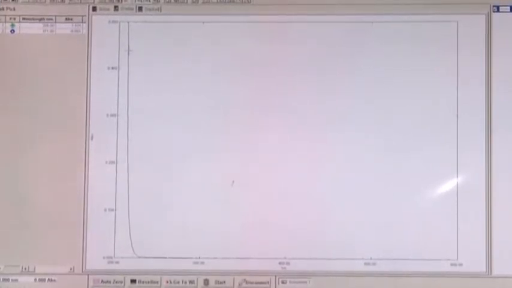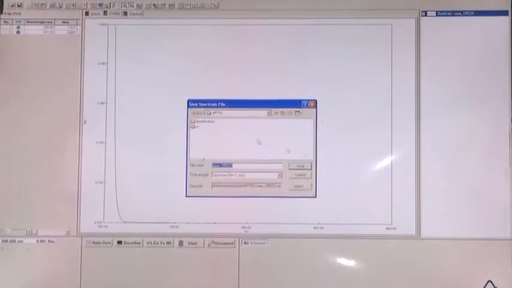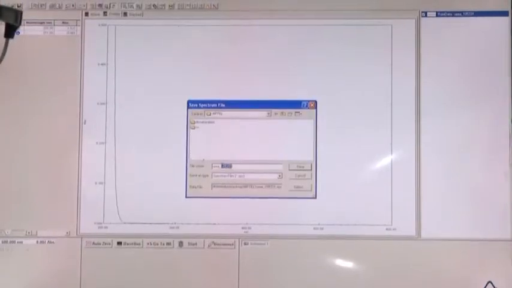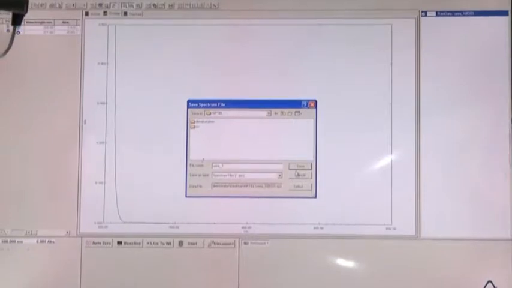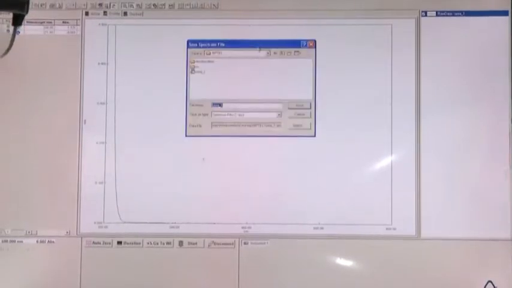However, now let us check what happens if we add this urea in the reference compartment. For that, we will add the same amount of urea in the reference compartment. So, let us first save this data as urea 1 in a spectrum file, and you may also save it as a data text file, denaturation part.